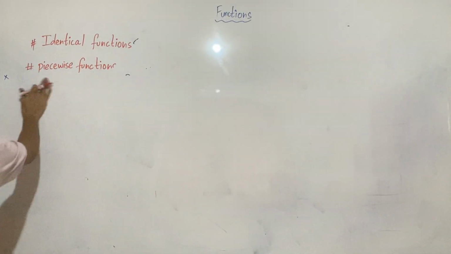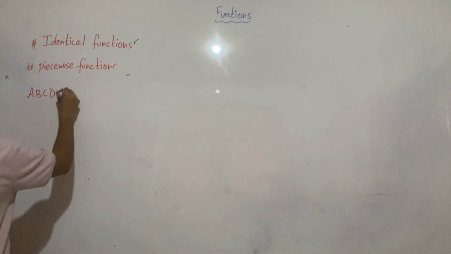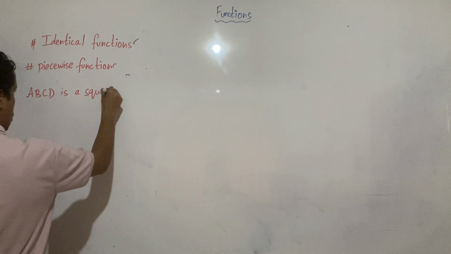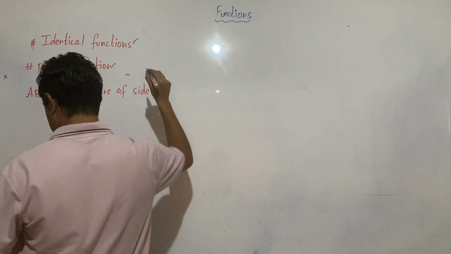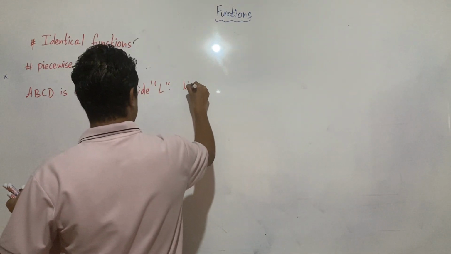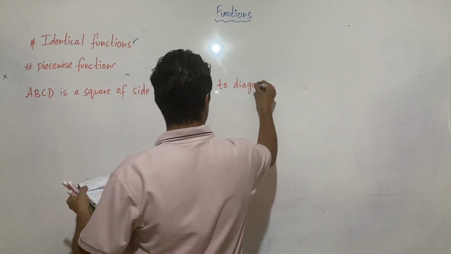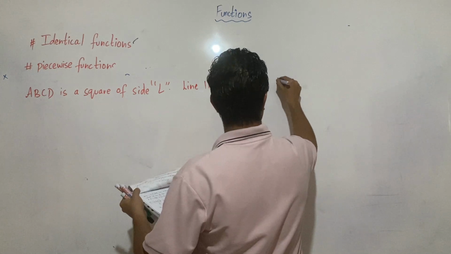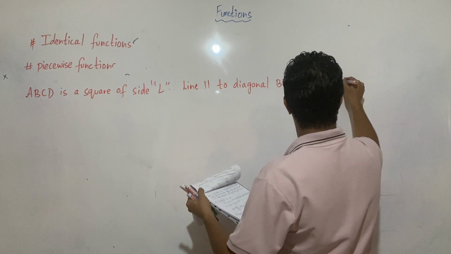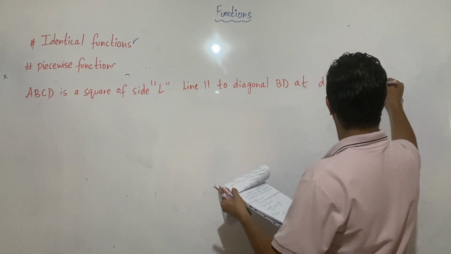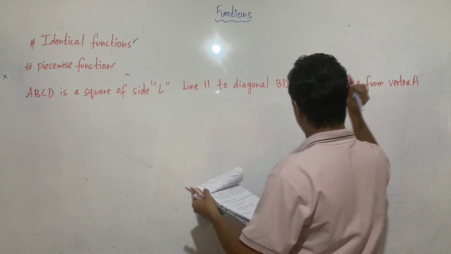It says that ABCD is a square of side L, a line parallel to diagonal BD at distance x from vertex A